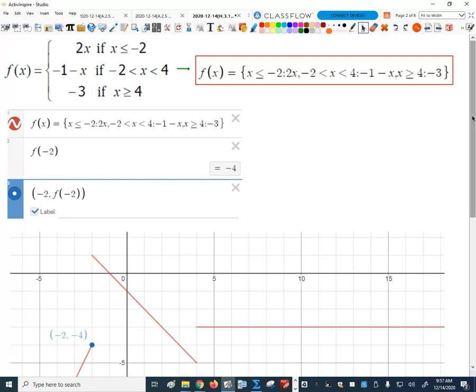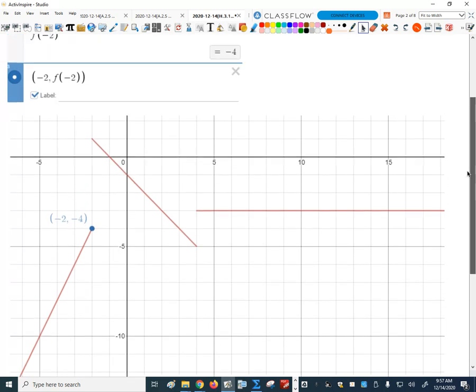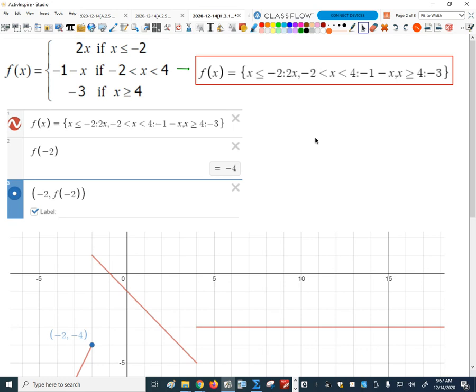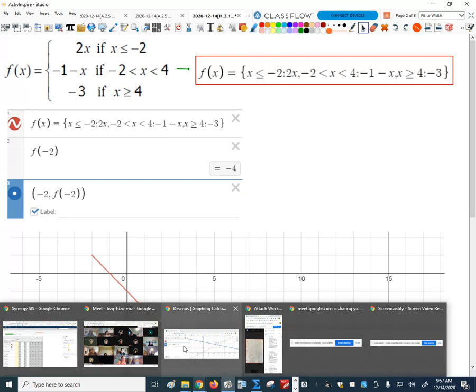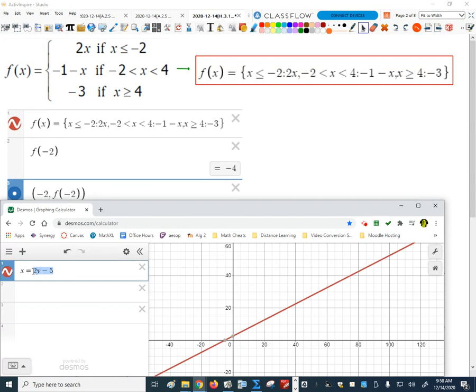And if I do that, it's going to give me a graph like this, right? And then remember, the other thing that's kind of handy, maybe I'll run through this one more time with you here. The other thing that's kind of handy to do with Desmos in situations like this is to graph the endpoints, so you know where the closed endpoints are, right? So if I do this piecewise function,